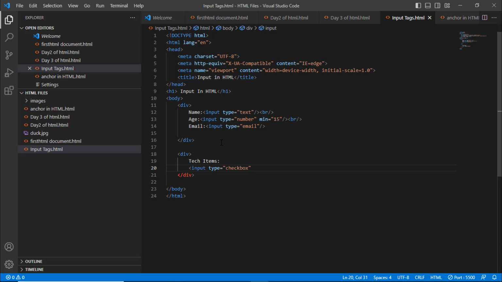So we want our users to click particular types of tech items. So in such case we can actually input the type as checkbox,